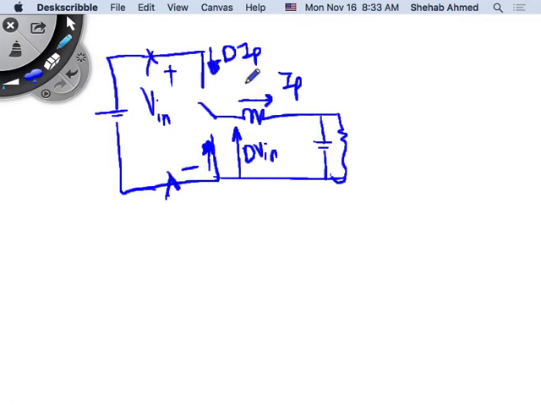The switch current will always be duty ratio dependent on the inductor current, right? Whenever the switch is on, inductor current will flow through the switch. It makes sense, right? Whenever the switch is on, inductor current will flow through the switch. So